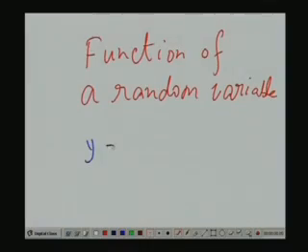Now, suppose I define a function y equal to g(x), where g is a function. What does it mean? It means that given any particular experimental outcome, for that outcome x takes some value, and g is a function which works on that value and gives you another value, which is for y. To tell you more precisely,